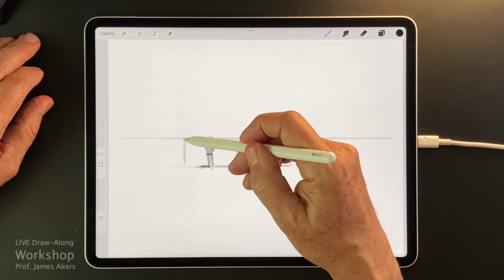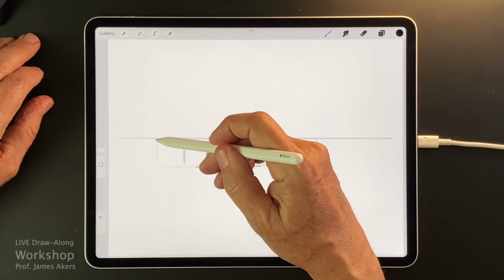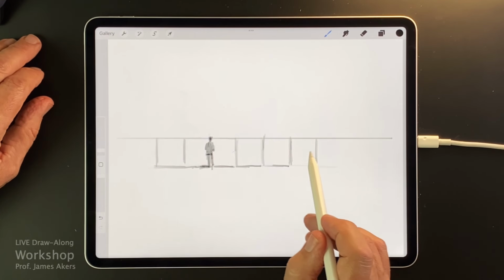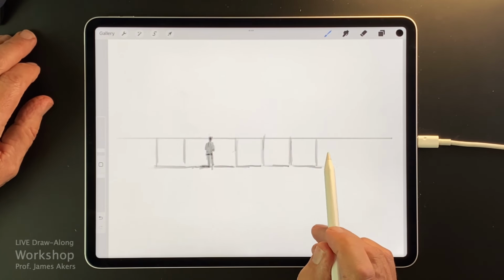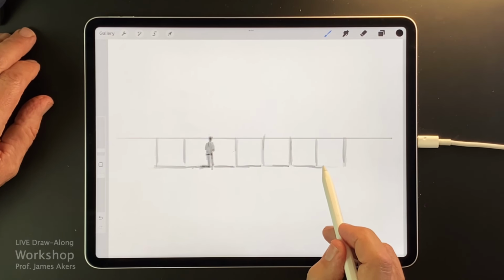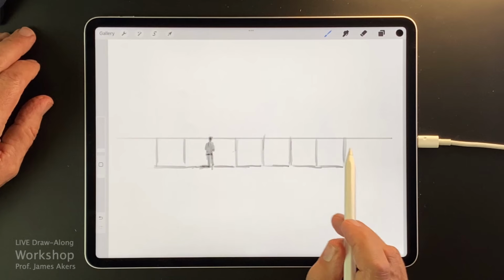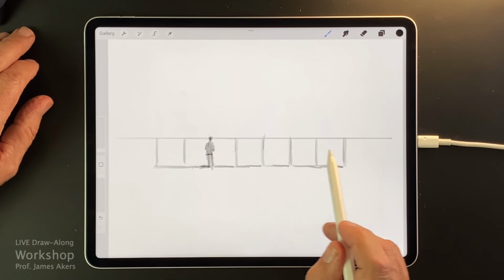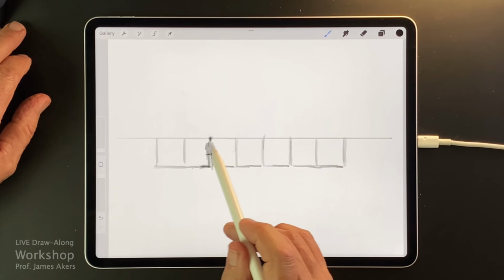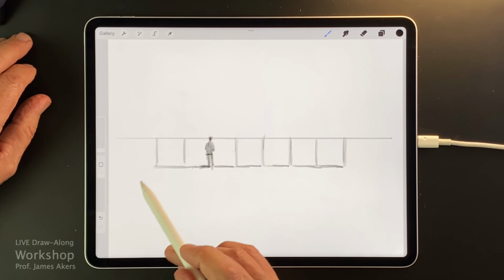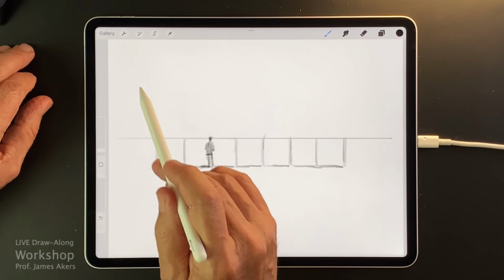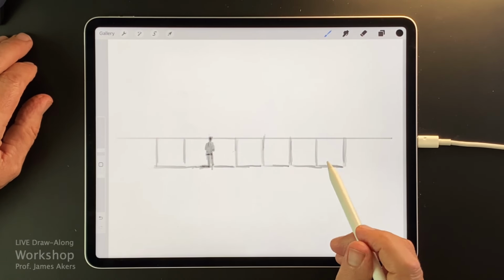And I'll come back over to this side. Now, I haven't picked where this person is going to be yet, because really step 1 was the person, which established the scale. Step 2 is the room, the section cut through the room, as we discussed. And being a circle, it doesn't really have 2 vanishing points. It has a single vanishing point, but we're actually going to make this a two vanishing point sketch at first, and we're going to make it square, and then at the very end we'll fill in the circle.